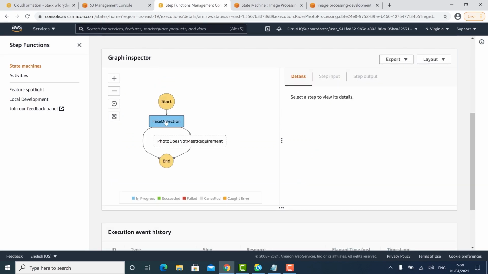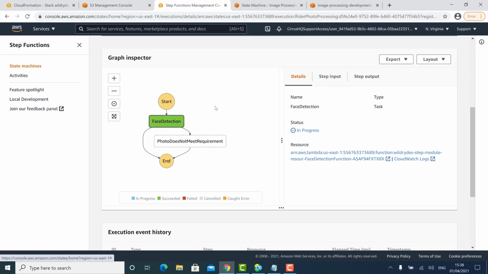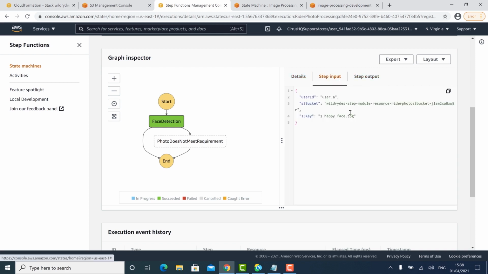What you'll see is at the moment, it's currently running the face detection. So if I click on that, you'll see that it's in progress. So it's currently actually running the Lambda. And now that it's turned green, it's been successful. So if we go to input, this is what we've just passed in. So we've got the user ID and the key. And then the output of that,